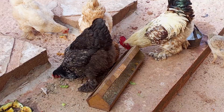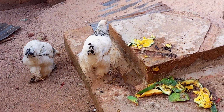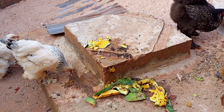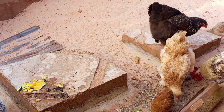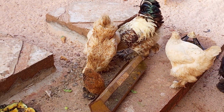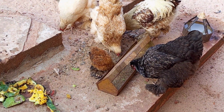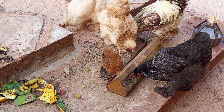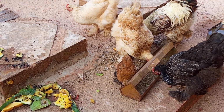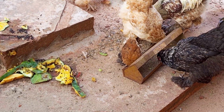These are Brahmas and cushion. You can see the light Brahmas. I literally feed them almost anything, and you can see they're still looking very healthy. Because we all know Nigeria now, the formulated feeds are very expensive. So just to meet up their nutritional ratio in their system, you can also just serve them little of